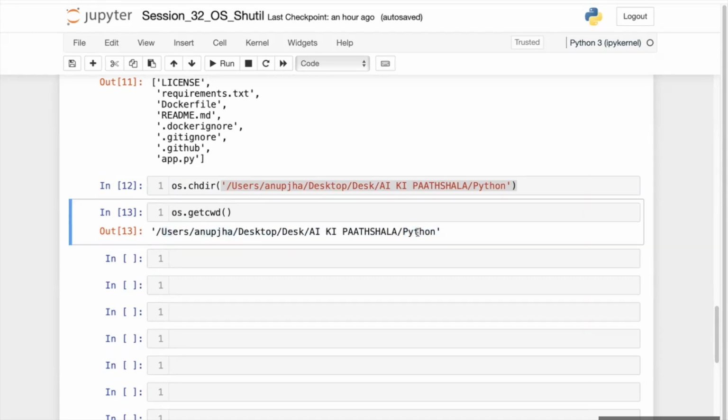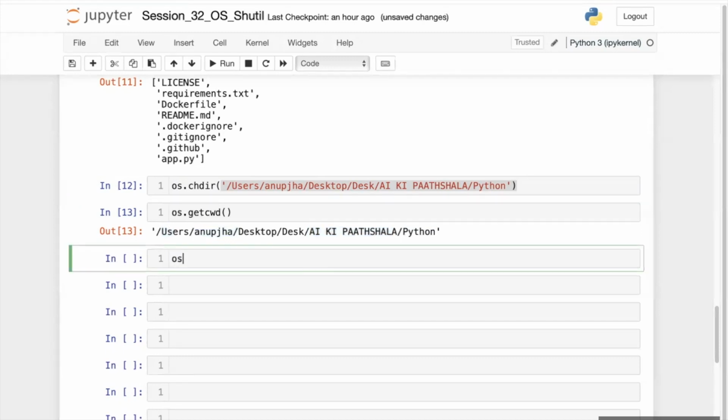So see, now the next thing is that I am right now inside my Python directory, and I have to go one directory before it. What is the one directory before Python? This AI Ki Pathshala is one directory before it. So for that, the command is os.chdir